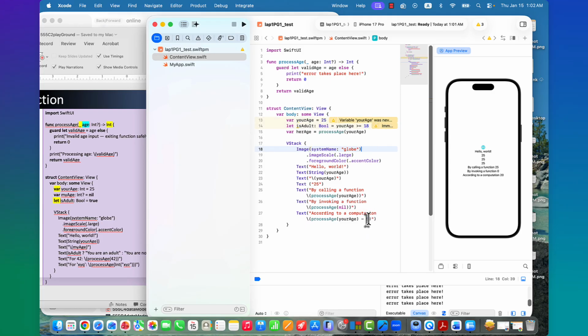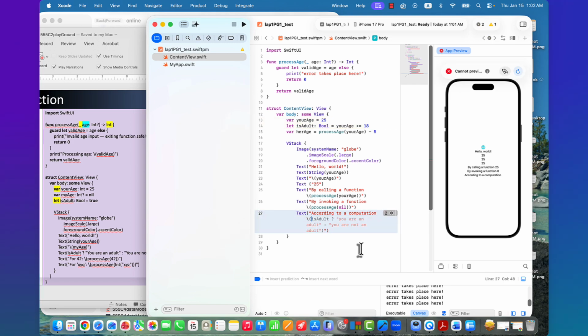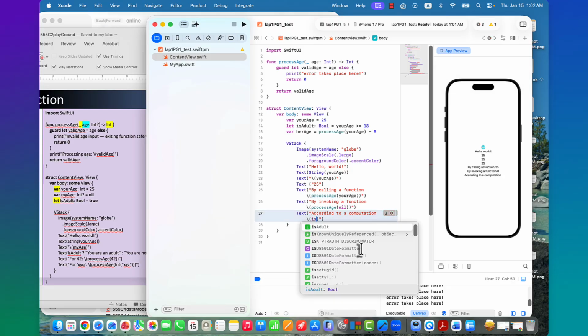And I would say here your age and -5. That's what I want to say here. And then rather than having that, I would do backslash that, and then her is adult.